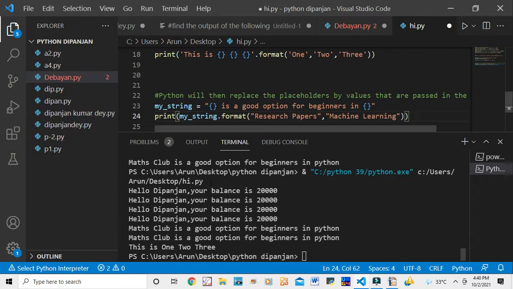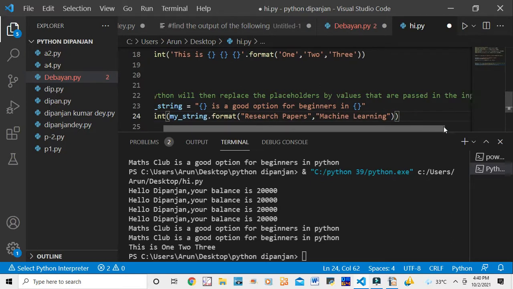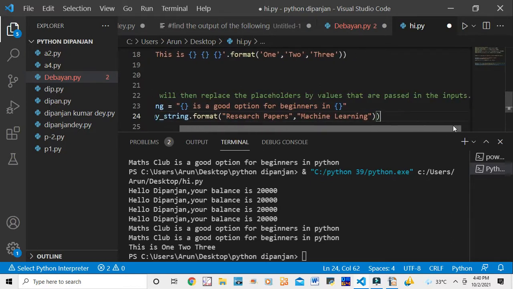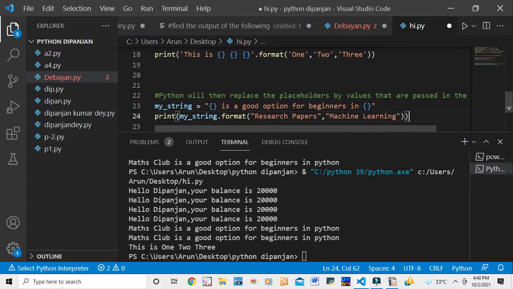You see there is no error. If an error is showing, then it will show underline red marks. So here, Python will then replace a placeholder by values that are passed in the inputs.